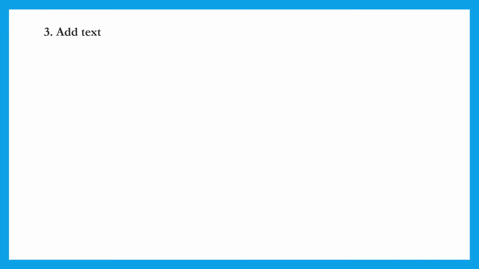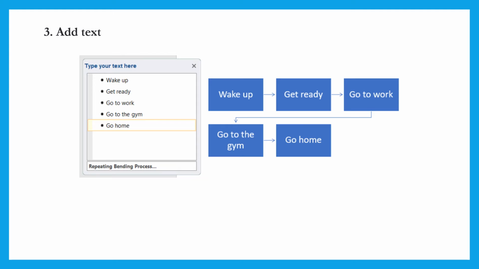Add text. Add text to a SmartArt graphic by clicking the filler text and beginning to type. Depending on how much text you add, the shape and font will automatically resize to fit. For a shape, add text by double-clicking the object and typing. To customize the font, use the toolbox that pops up when a desired shape is selected.